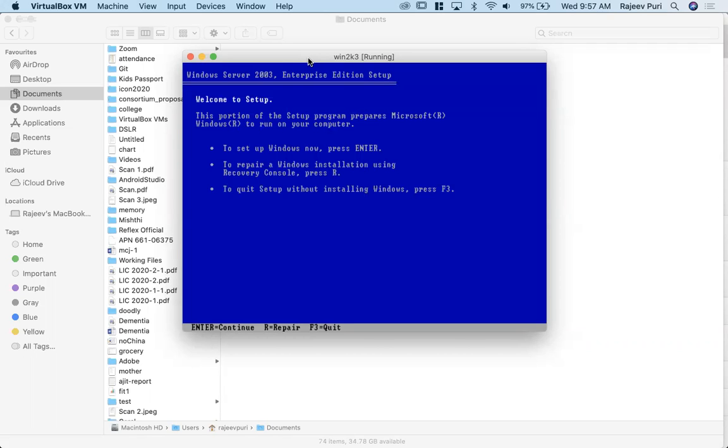So by this time Windows is preparing to install, and this is the first welcome screen that you see over here, and you will be getting all the important instructions at the bottom part. Like here you can see Enter is equal to continue, R is equal to repair, and F3 is equal to quit. So whatever you want to do, you need to choose your action according to these options displayed at the bottom. So currently I'll be pressing the Enter key to continue,